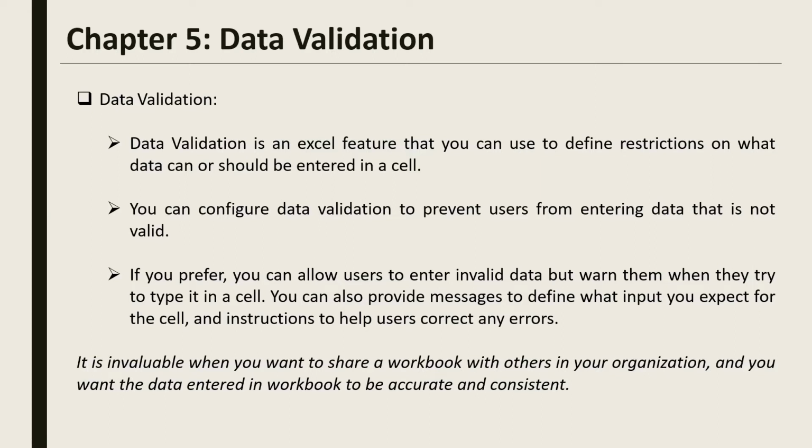Suppose you want to invite people for dinner or for some ceremony in your home, and for that you send an Excel sheet so that the people can enter their information, what type of food they want, and the time, what is their preference of coming to your home. If you are not using data validation, the people will enter the information in their own preferred way. So if you are sending an invitation to 500 people, the 500 people will fill in the information in very different ways. So it will be very difficult for you to extract the information from that form. So let's understand it in the Excel sheet.